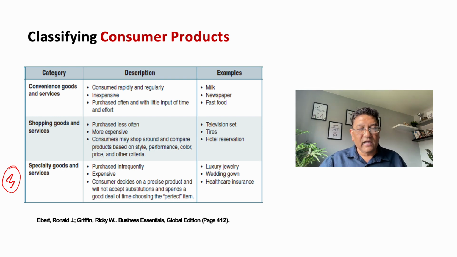And that type of luxury items are often expensive and purchased infrequently. Some people might buy a wedding gown like 3 or 4 times in the lifetime. They get married so often, again and again, get married, divorce, married, divorce. That is the exceptional case. But normally, in general, people don't buy wedding gown again and again. So that is more expensive. And since that is for a special event, what we call a dream event, people tend to spend